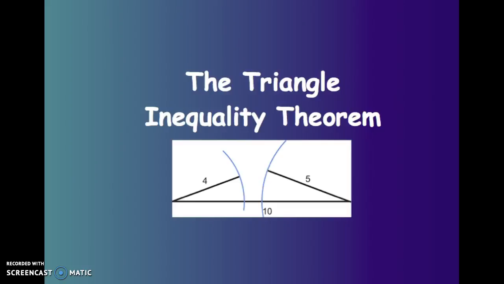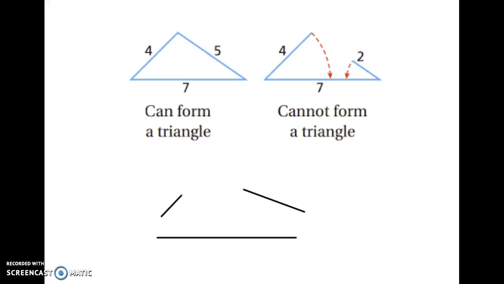Today we'll be looking at the triangle inequality theorem. Now, the other day you did an exploration, or maybe it was today, and you figured out that some side lengths could form a triangle and other times you could not form a triangle with these side lengths. So if you noticed, like 4, 5, and 7, those lengths could make a triangle, but 4, 7, and 2